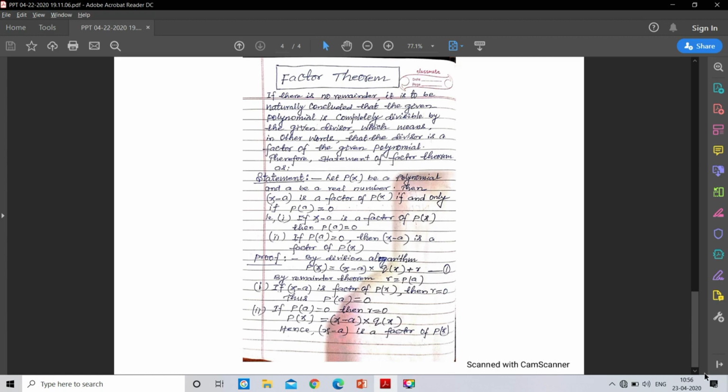Students, in the factor and remainder theorems, we have seen the statements and proofs also. In any kind of queries, you contact me, and in the next classes we will discuss another part of the NCERT. Students, do the questions related to the factor and remainder theorem. If you feel any kind of difficulty, you are most welcome to bring all your problems, difficulties and doubts.